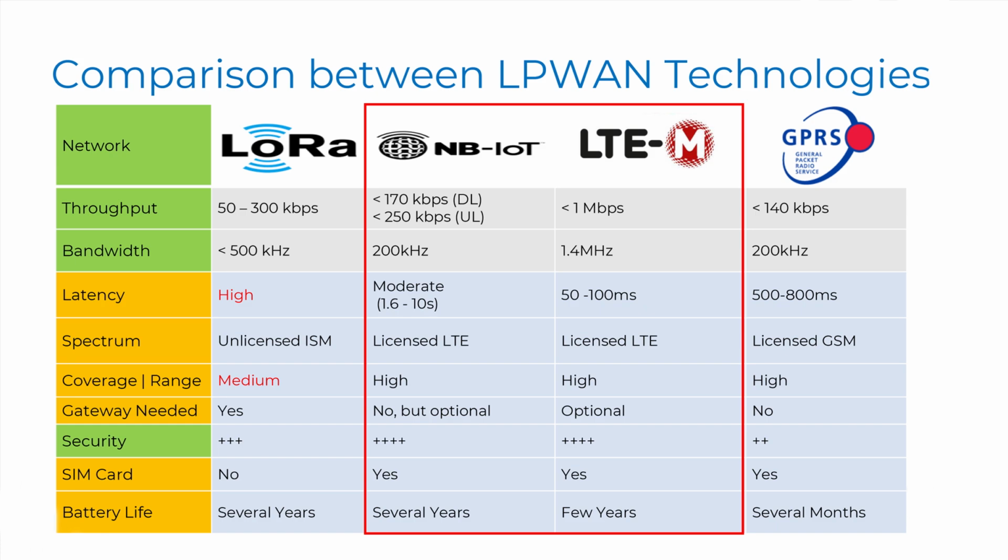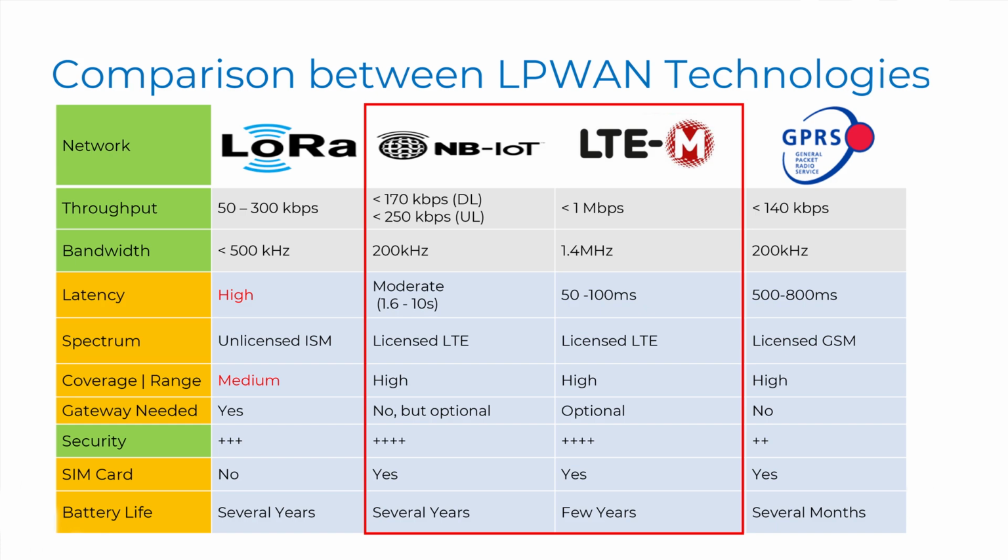for low power wide area network applications. We mainly use NB-IoT and LTE-M. Why is that? Here the latency compared to this one is somewhat moderate, as well as we don't need the intermediate gateways, as well as the battery life can withstand up to several years. When comparing these two also, if we use NB-IoT, we can keep the battery life up to 10 plus years. So for low power wide area network applications at SLT Mobitel, we are using NB-IoT rather than this